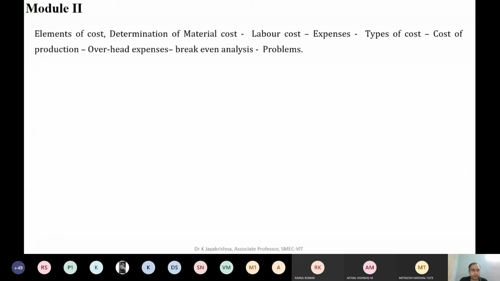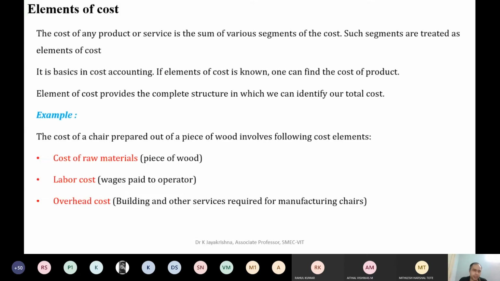So that is what we are going to look at. As you told, the cost of the product will be determined by the elements of cost, or the subdivisions of cost. We are going to look into them one by one. A few you have already known, and a few things let me introduce to you. My job will be easy in this module.